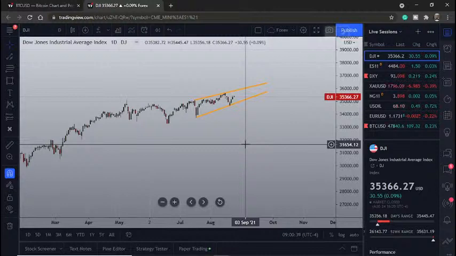Protection and income. Before we get started and look at the markets that I've been showing previously, just a quick